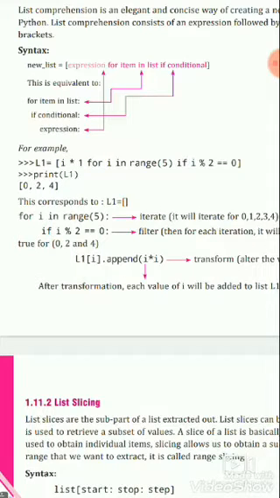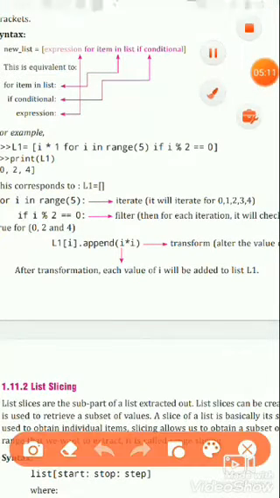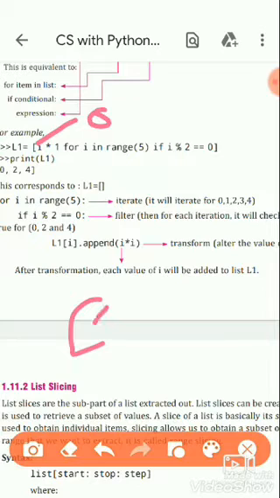It means the loop runs 5 times: 0, 1, 2, 3 and 4. When the value of i is 0, i multiplied by 1 gives 0, and when we divide 0 by 2 the remainder is 0, so the first value is 0.